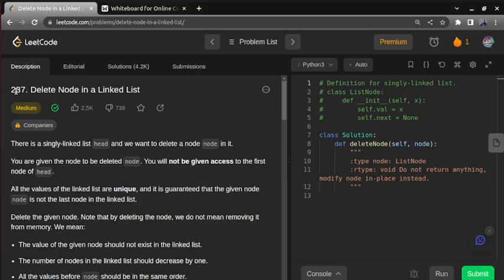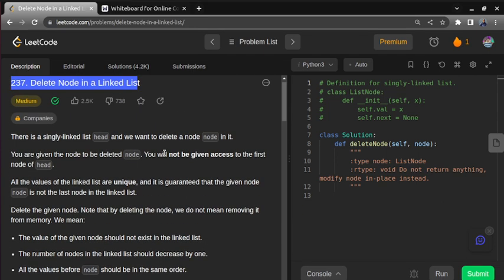हेलो फ्रेंड्स, तो आज हमें क्वेश्चन गिवन है डिलीट नोड इन अ लिंक लिस्ट. ओके, सो आई थिंक ऑल ऑफ यू गॉट द प्रॉब्लम दैट वी हैव टू डिलीट वन नोड इन अ लिंक